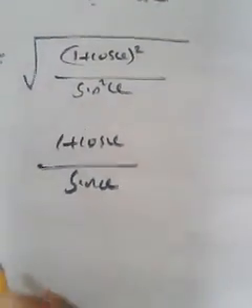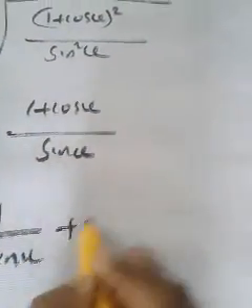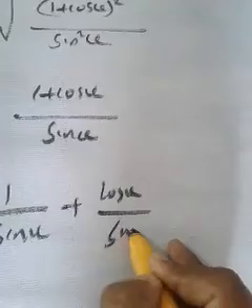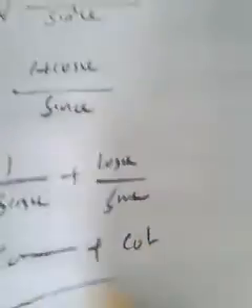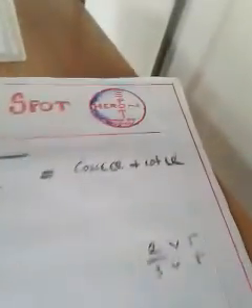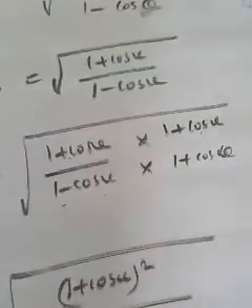Okay, now we can separate the denominator. 1 + cos theta by sin theta becomes 1 by sin theta plus cos theta by sin theta. What is 1 by sin theta? Cosec. What is cos theta by sin theta? Cot. So we reached in RHS side cosec plus cot. Okay, I think you may understand.